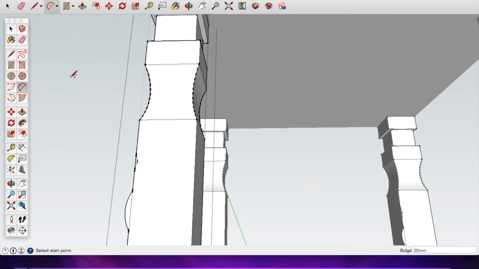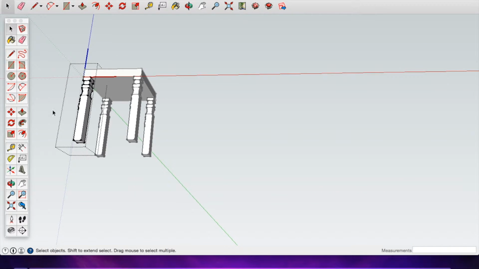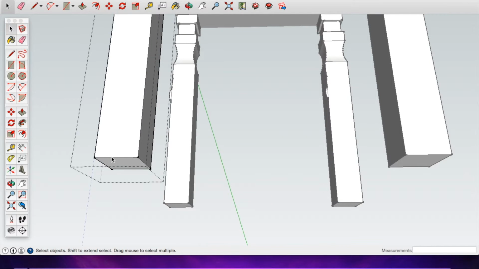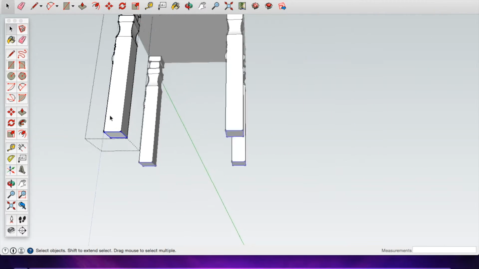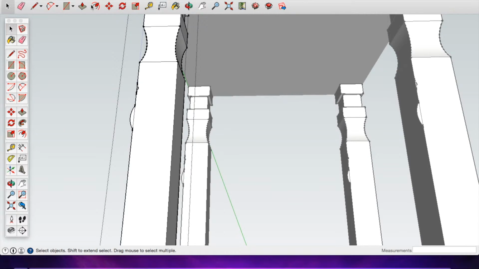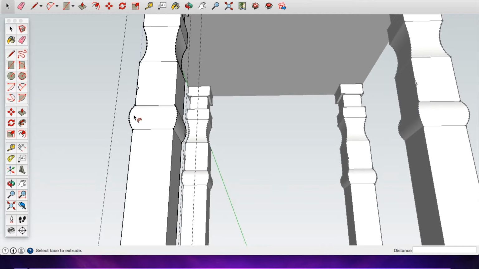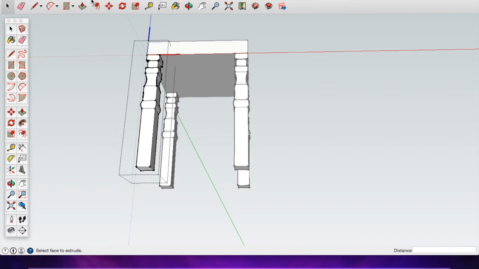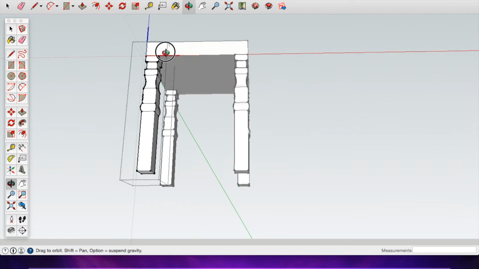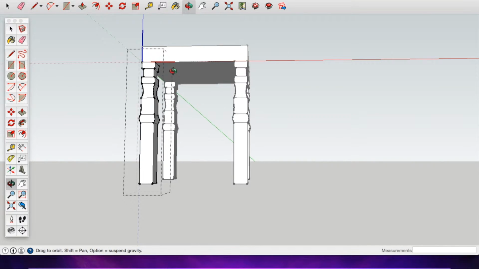And I could use the Follow Me tool in exactly the same way to add something to this instead of carving it away. So I'm going to use the Shift key, boom, boom, boom, okay? And so then I would do Follow Me, and then I would do this, and it would add it to the outside instead of carving it up, okay? So take a minute, pause the video, do that, make some nice shapes here, okay? And then we'll come to the top. All right, so